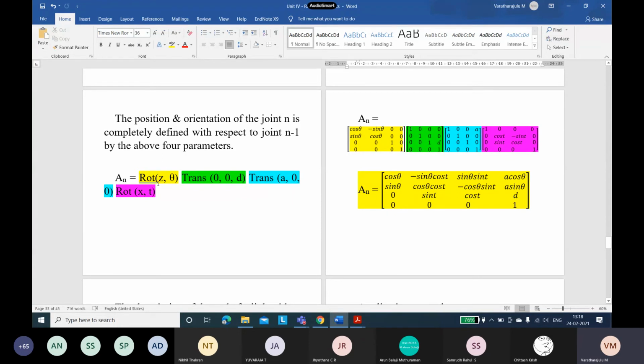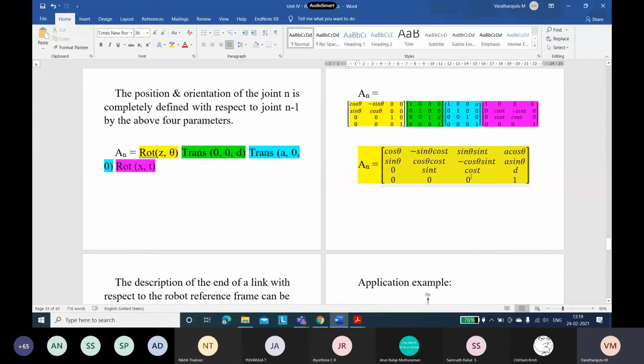We were already aware of the rotation and translation matrices, and therefore we need to keep the third row and third column as 1. In the translation matrix with D in Z, and in the translation of A, in the 4th column, the first row should be A. Similarly for rotation about X by T, here instead of theta we have T, and this was the end result of this